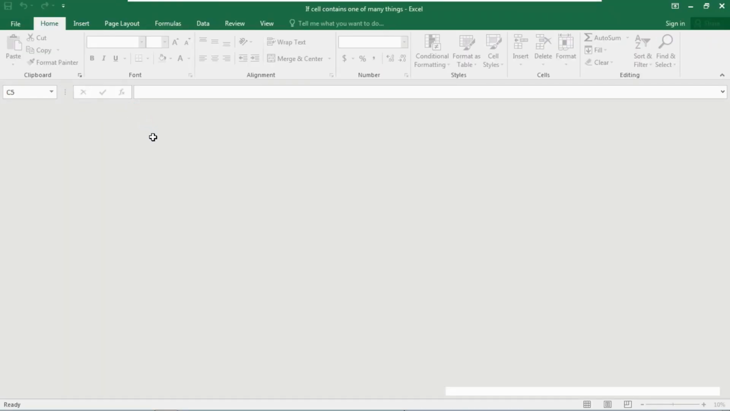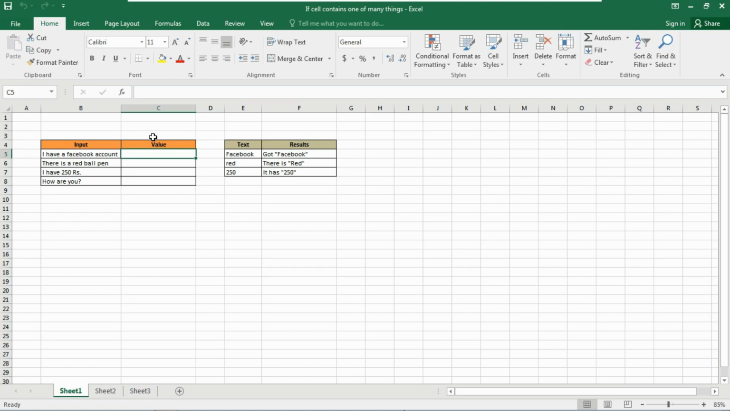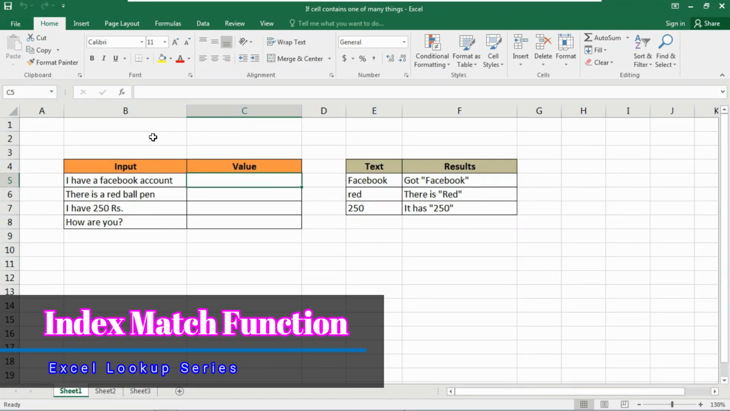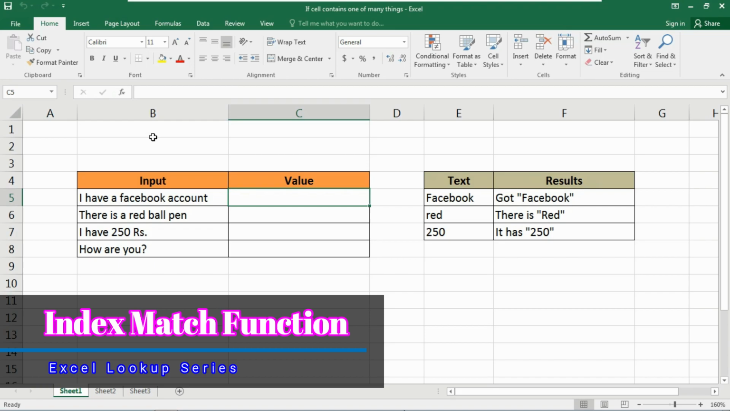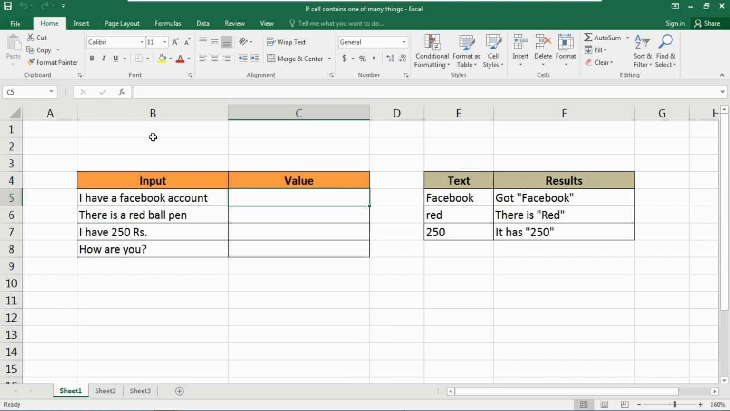So today in this video we are going to talk about an interesting method of using the INDEX and MATCH function to test a cell for one of several things and return a custom result for the first match found